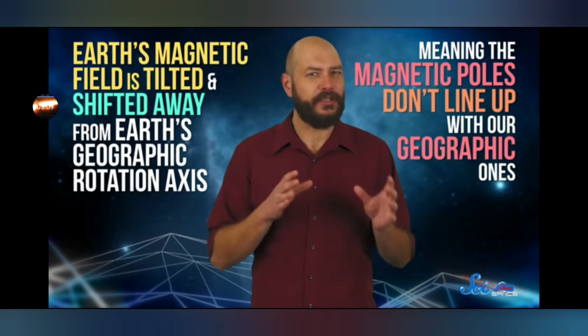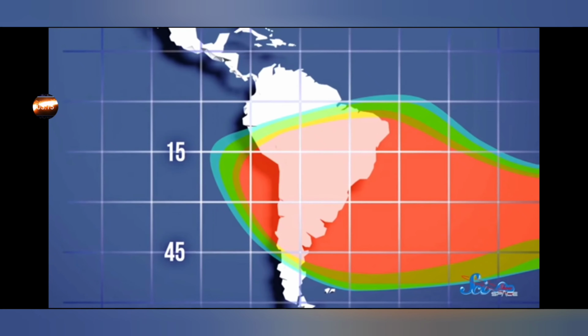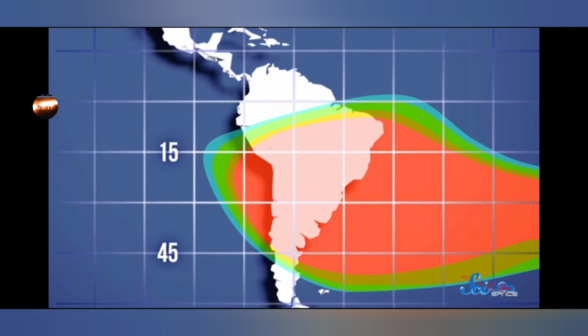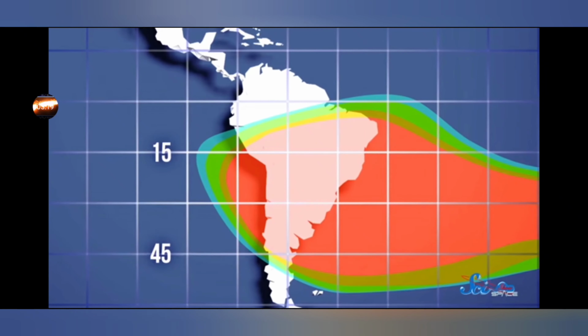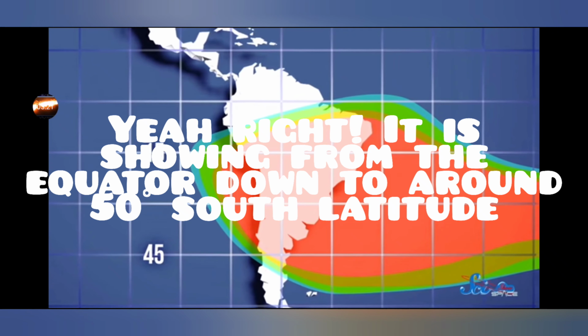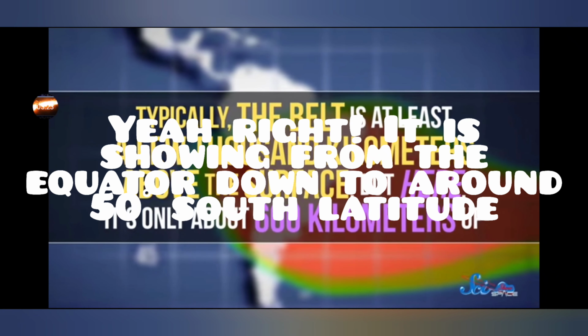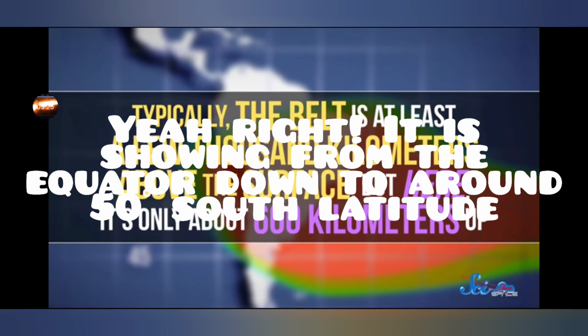This is because Earth's magnetic field is tilted and shifted away from Earth's geographic rotation axis, meaning the magnetic poles don't line up with our geographic ones. Scientists think that's because the magnetic field is generated by Earth's core not rotating exactly the same as the rest of the planet. Because of this, there's a region near South America, stretching from around 15 to 45 degrees south latitude, where the inner radiation belt is unusually close to Earth. Typically, the belt is at least a few thousand kilometers above the surface, but here, it's only about 600 kilometers up. That region is the South Atlantic Anomaly, and there, the inner belt is low enough to affect and damage